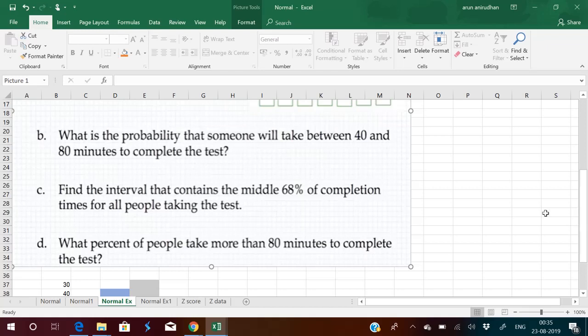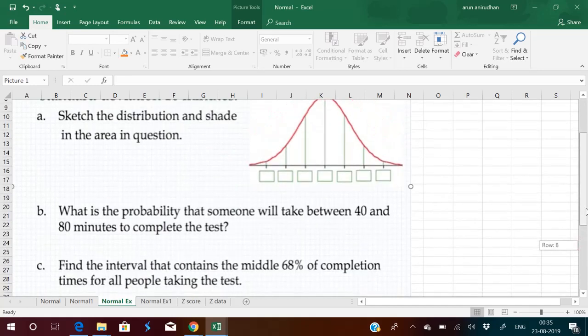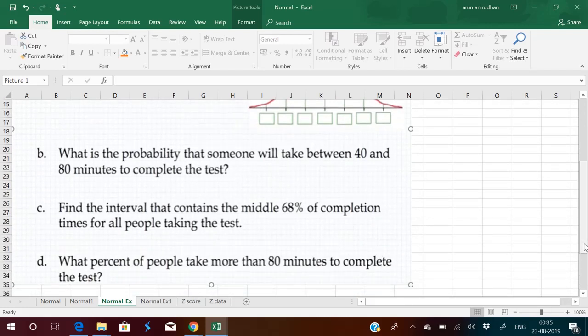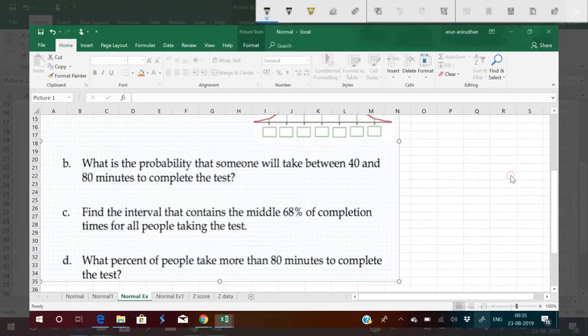So it is 80 minutes. Okay, so again I will go to this one, 80 minutes. So question is, what percentage of people take more than 80 minutes? Okay, so as you know,